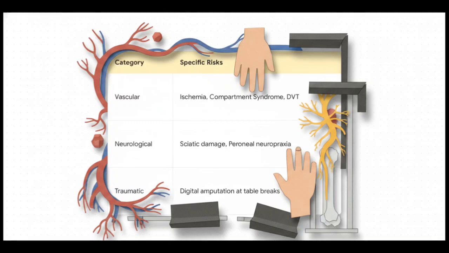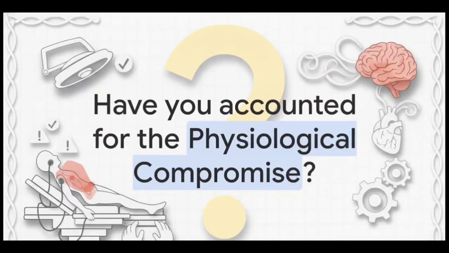Neurologically, hyperflexion can cause severe sciatic nerve damage. Also, the hard edges of the stirrups can cause saphenous or peroneal neuropraxia just from direct pressure. And as we literally just mentioned, traumatic injury like digital amputation at the table breaks remains a rare but completely preventable catastrophe. Wow, we've covered a tremendous amount of ground today, exploring the exact mechanics and severe risks associated with